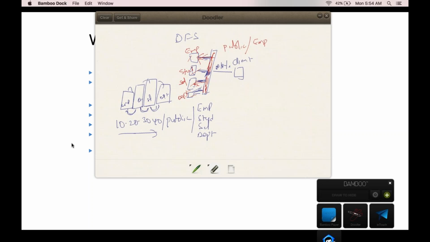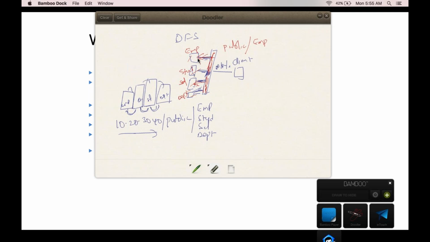What we have seen before, there will be multiple machines, and the data will be stored in the multiple machines. So the employee data will go in the employee machine, student data will go in the student machine, salary will go in the salary machine, and department will go in the department machine. But if you want to access it, you should have proper authentication,